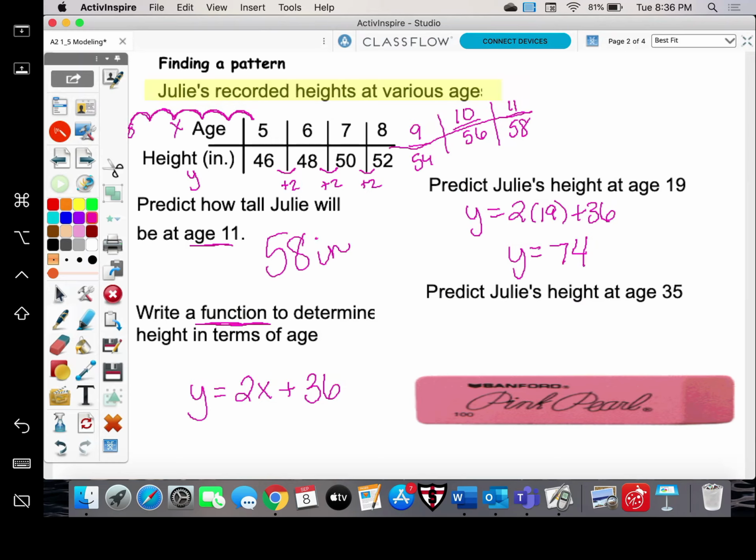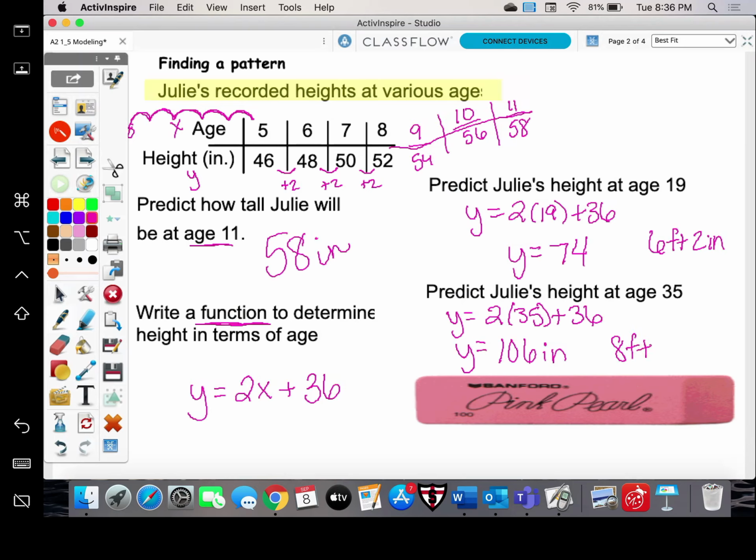Okay, and 74 inches is just over 6 feet. It's like 6 feet 2 inches or something like that. Okay, not bad. Julie could be a very tall 19-year-old. It's possible. 6'2". Let's predict her height now at 35. So we do 2 times 35 plus 36. So we would get 106, I think. 2 times 35 plus 36. 106. Okay, 106 inches